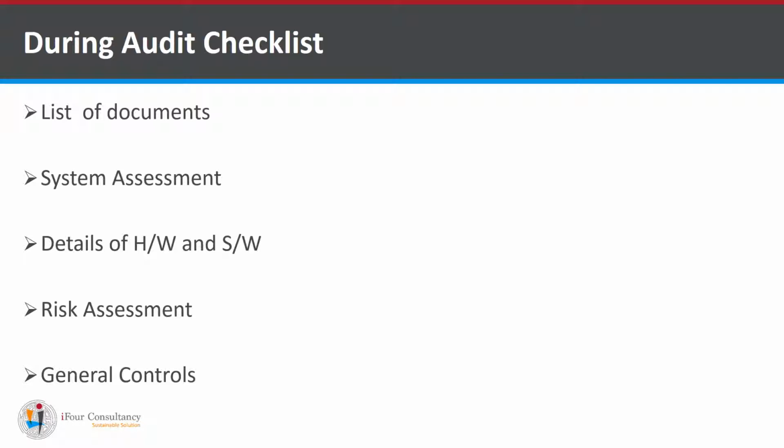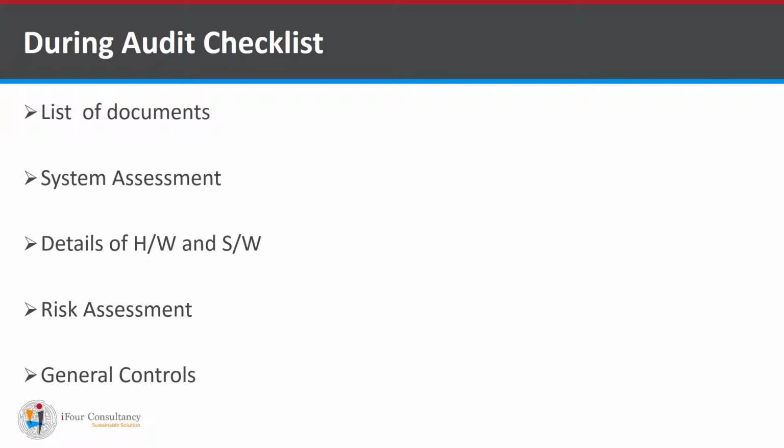Then, details regarding hardware and software must be included. For example, what are the hardwares that are being used? Where these hardwares are located? What softwares are used? Is there an operating system? Is there a network software, communication software, database management system, programming language, utility software? What softwares are there in the organization? And are there version upgrades associated with the software? If it is there, then are they properly updated?